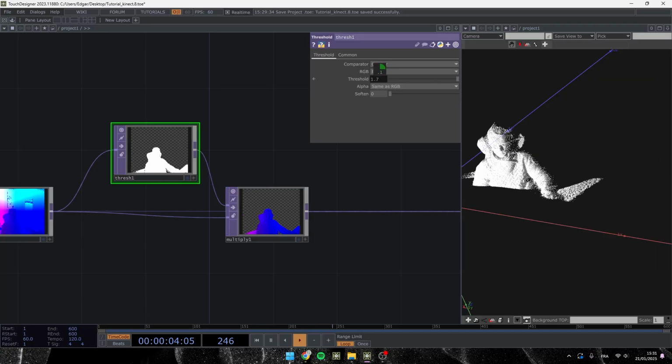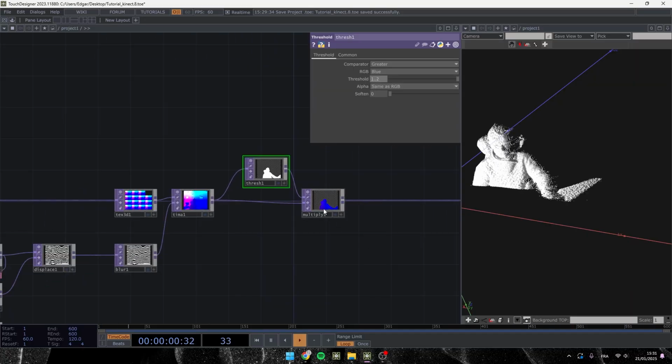So yeah. Anyway, 1.2 is a good value for me. Save again your project, and